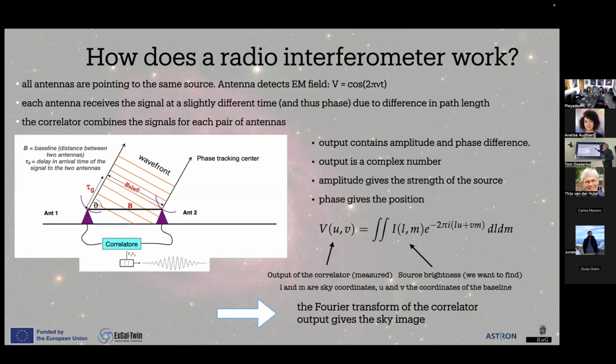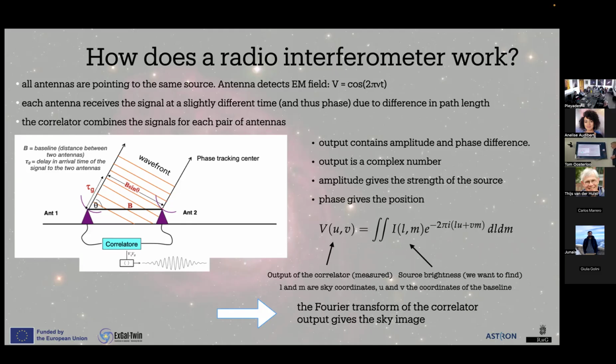We get a quantity that's called the visibility. It's a complex number because it measures the amplitude of the signal, of course, plus it also measures this time delay between the arrival times between the two dishes, which depends on where the source is on the sky. So it's a complex number. And if you measure enough of these visibilities, you can make your image, because these visibilities are the Fourier transform